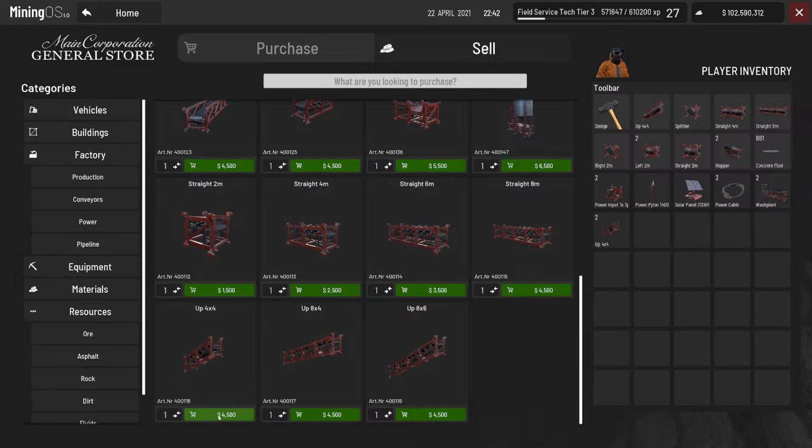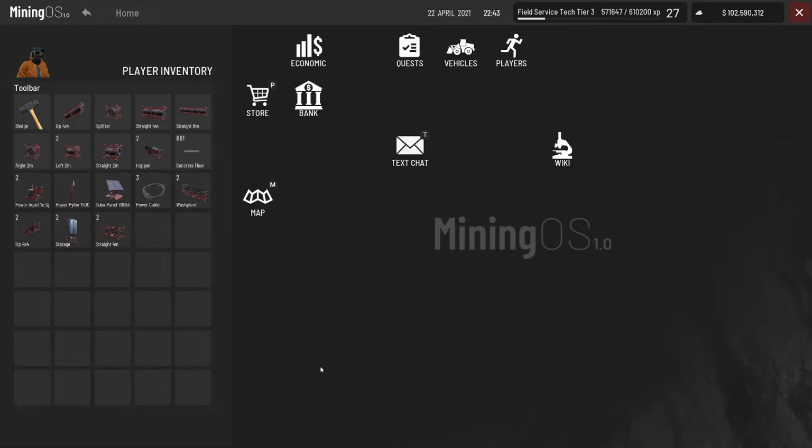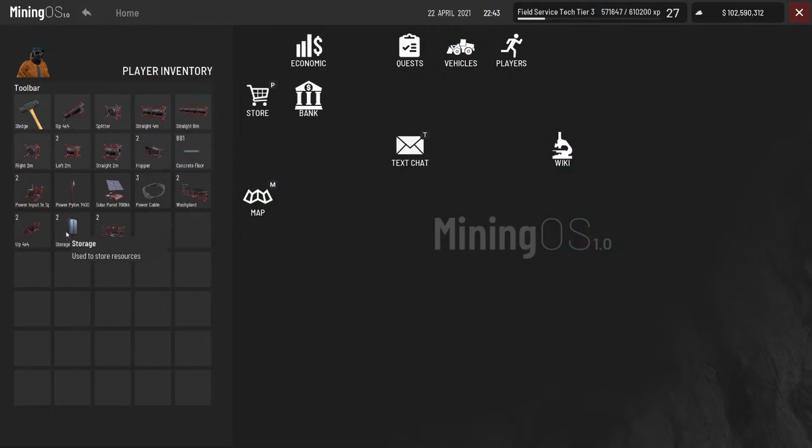Two 4-meter ups. 2 storage containers and 2 of those. Okay. Now